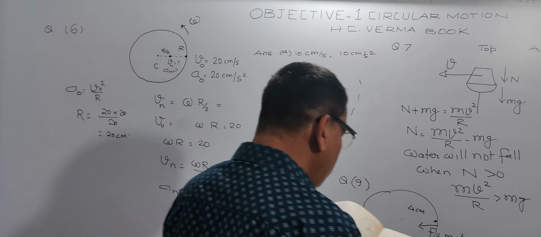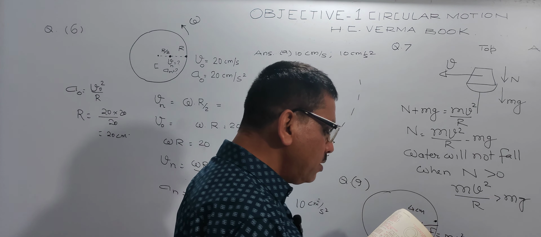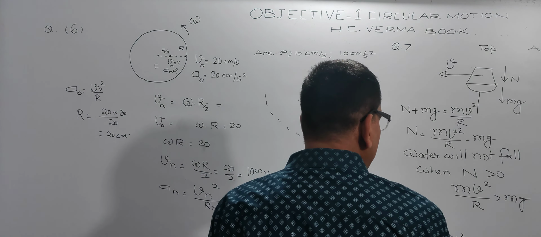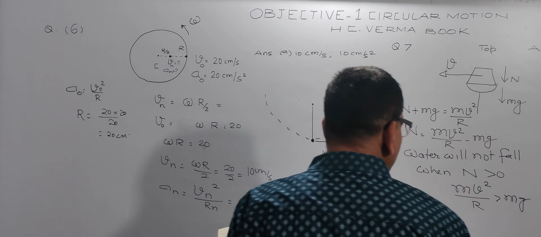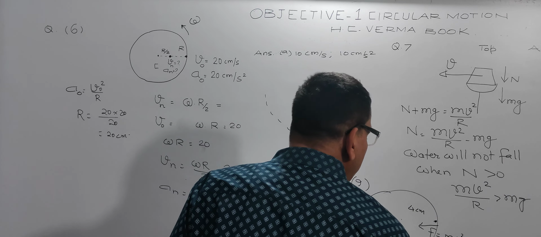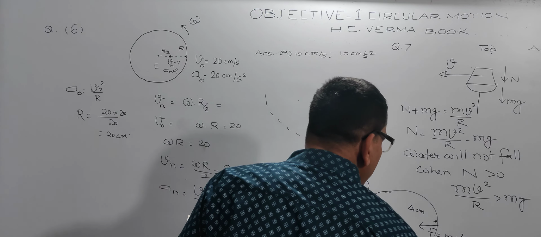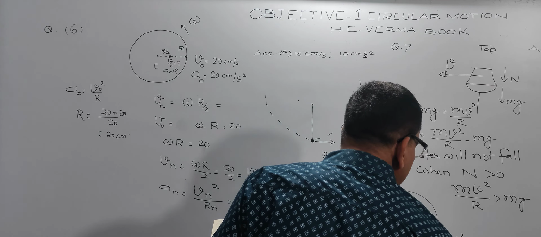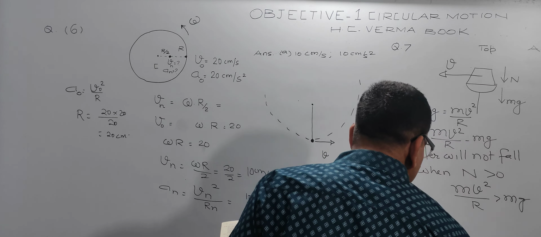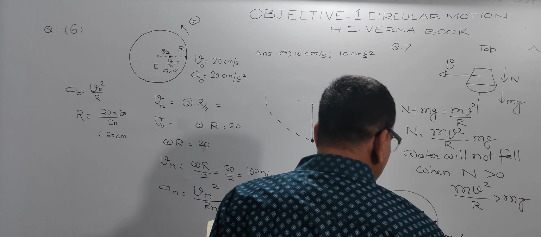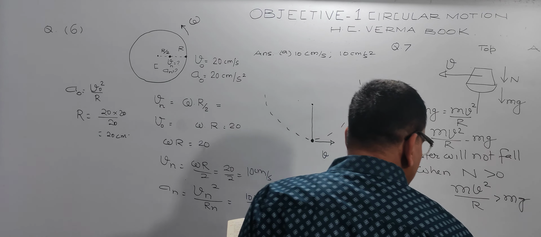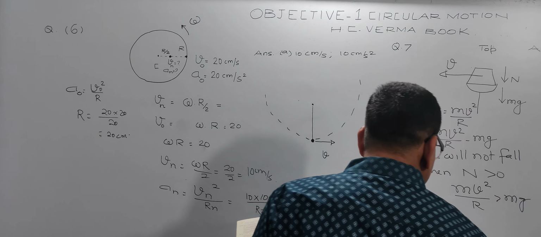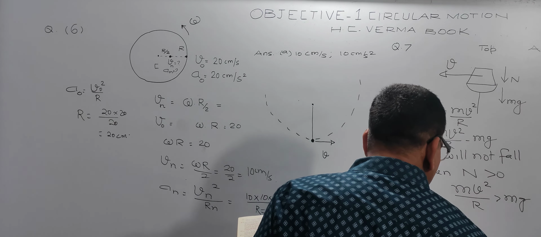Now what if the angular velocity is doubled? If it is doubled, the new centripetal force will be equal to m times 4 omega square, and let us take the new radius as r. Now this is the maximum value of frictional force, so these two can be equated. I can say it is m omega square 4 r, so you will get this cancel, or I can say r